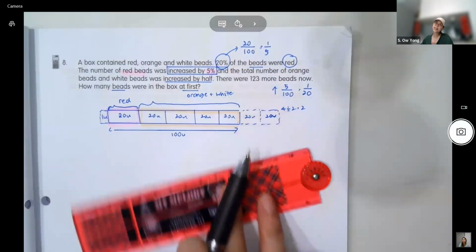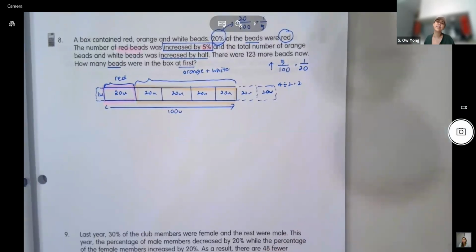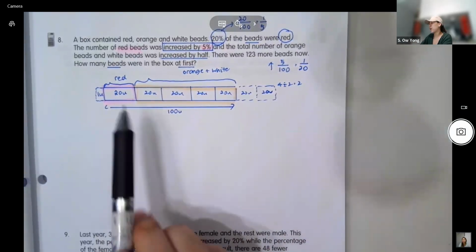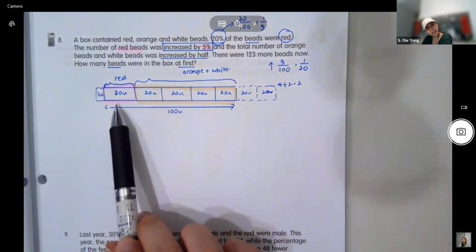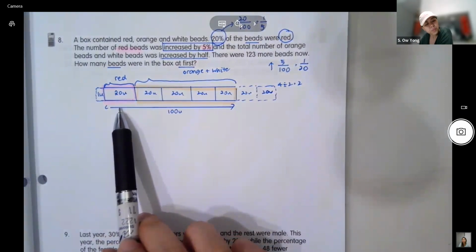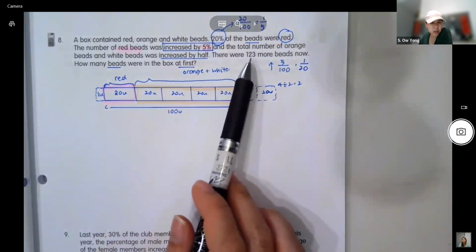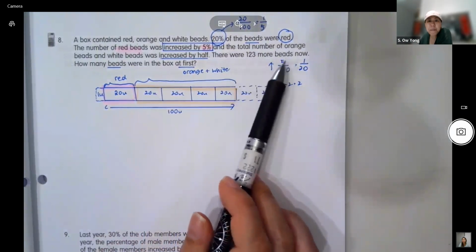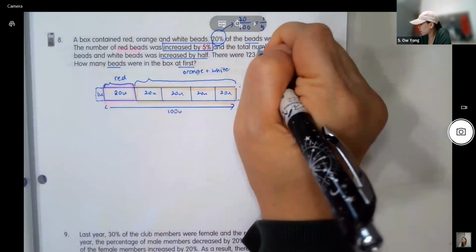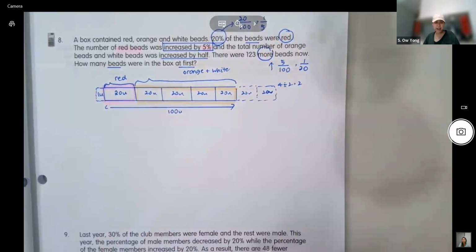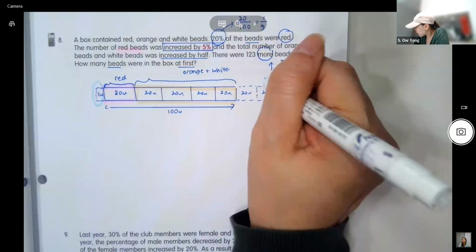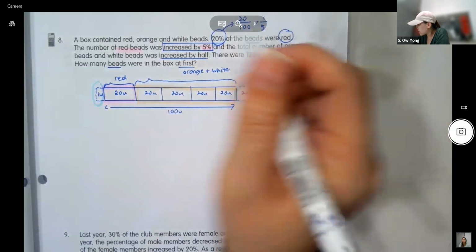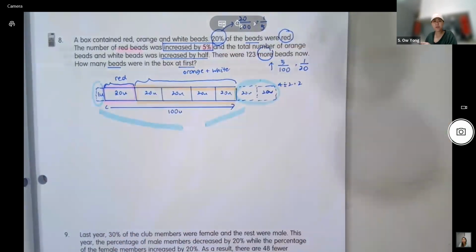You must be very clear before you start solving. You see, everything is in the model. I haven't started solving. So if you count the total number of units, you will see that they say there were 123 more beads now. I nearly forgot about this. More beads now. It means that this increase, this 1 unit, and this 20 plus 20 all add up to give you